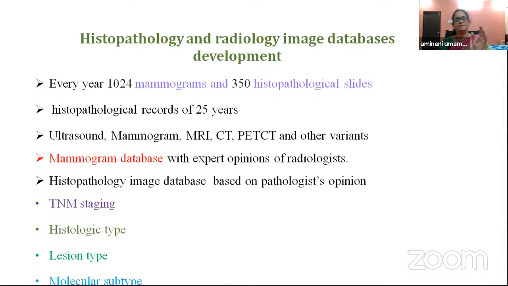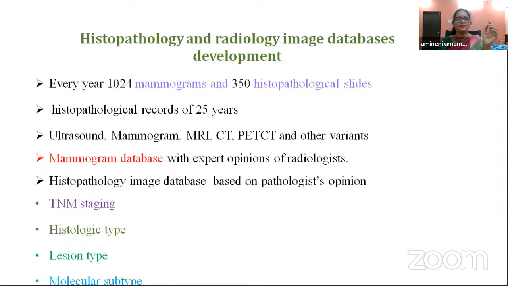So here, first, suppose we take a mammogram, and after building the database, we will see whether it is normal, benign, or cancerous. With the help of the radiologist only, we can differentiate, and we will maintain it in the form of a database. For all the images, we will do like that. For the histopathology, we will take the pathologist's opinion, and for the clinical databases, we will take the medical oncologist's opinion.